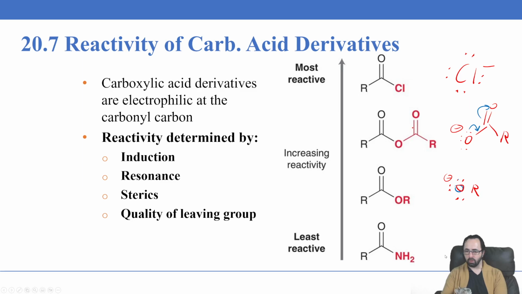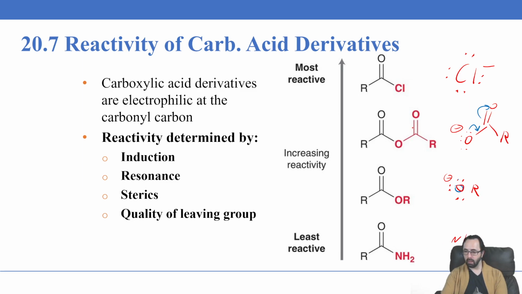And you can think about this in terms of the conjugate acid, right? The conjugate acid would be an alcohol. Alcohols are not particularly acidic. Their pKa's are quite high, in the upper tens. So this is going to be a pretty strong base by comparison. Now, when it comes to